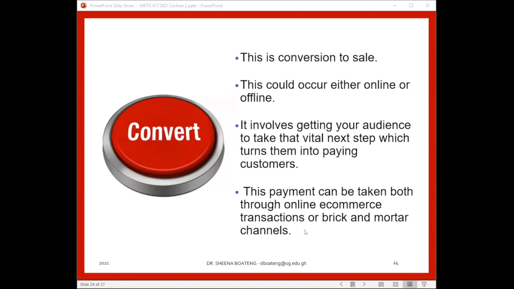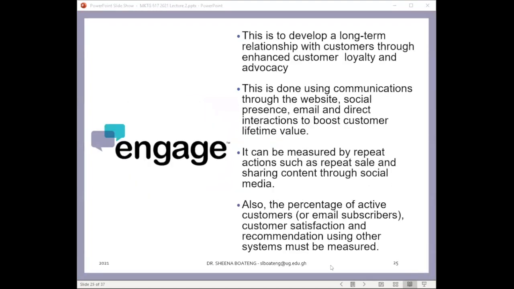So after they have converted you and you have made the purchase, it doesn't stop there. They still want to engage with you because they want to get to know more about you so that they can see more opportunities that they can take advantage of, being the marketers that they are. So here they are engaging in consistent communication with you through their social media platforms, sending you emails, often to check up on you, often to give you some discounts since it's been a while they heard from you or since you made a purchase, often reaching out to find out how your consumption experience with the product you previously purchased went.